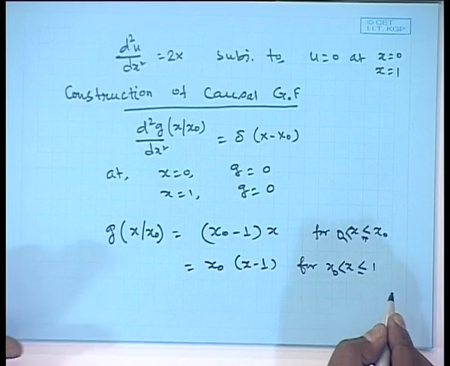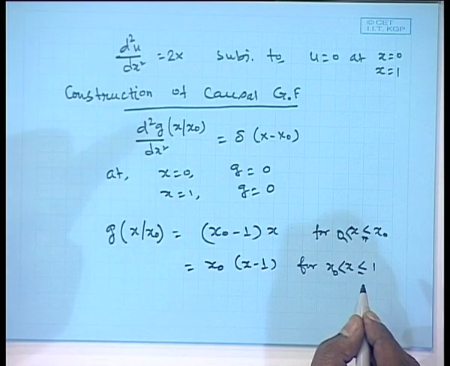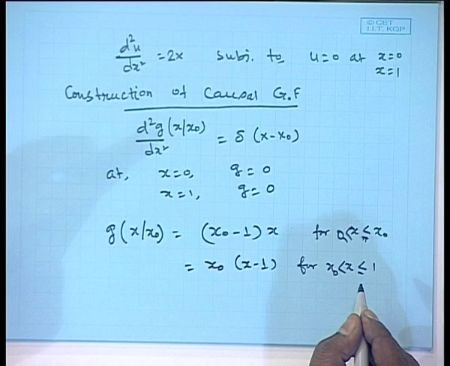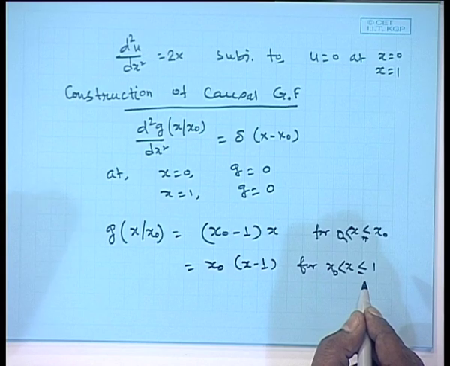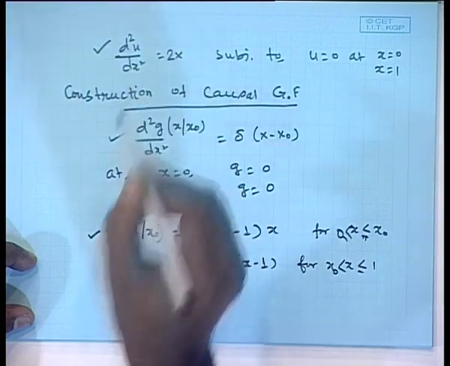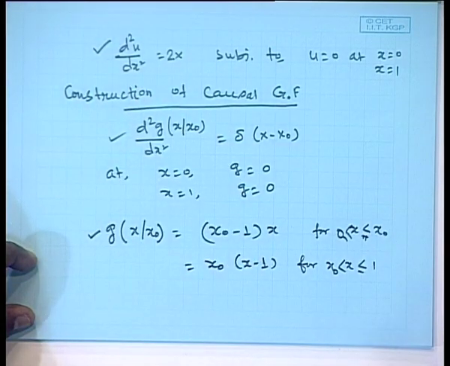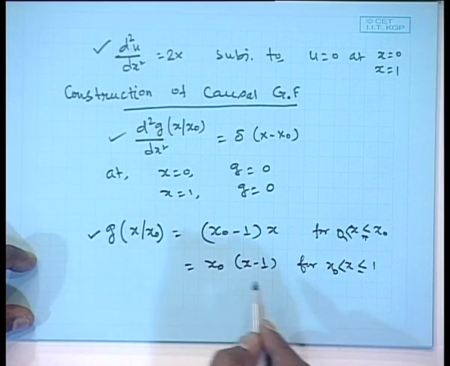Okay. And we know that d square dx square, this Laplacian operator, is a self-adjoint operator. Therefore, for this particular problem, we need not construct the adjoint Green's function. We can directly relate this equation with this equation, g and u. Because it is a self-adjoint operator, we need not find out the adjoint Green's function separately.